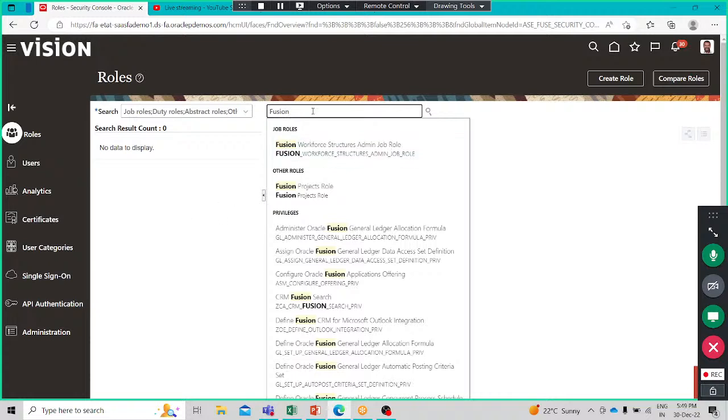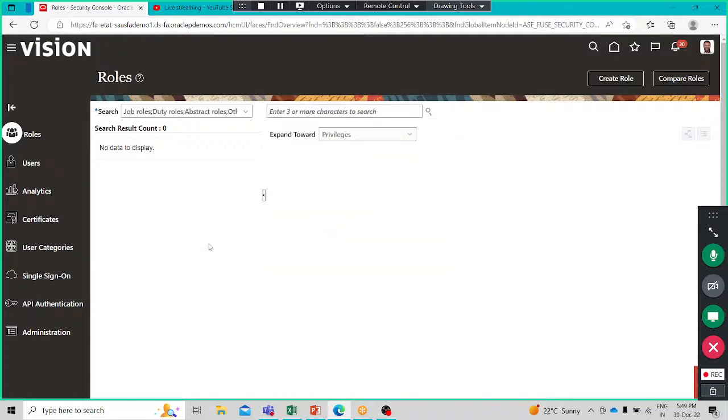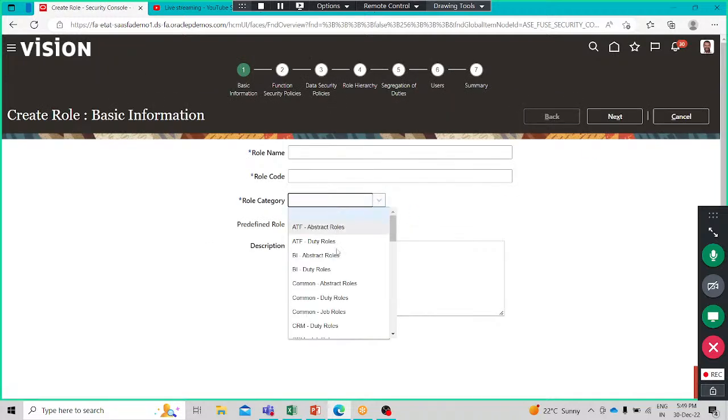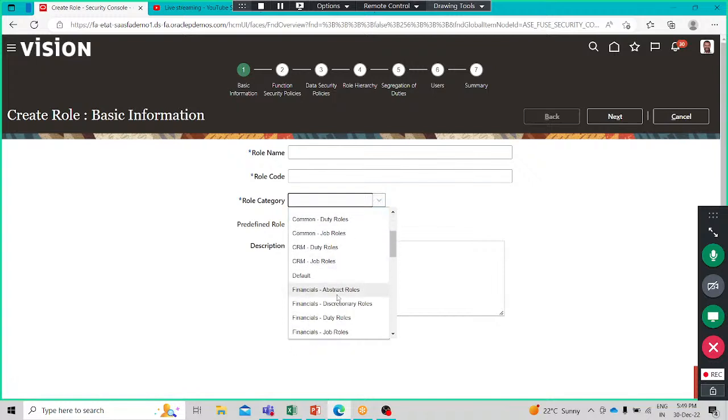Same as if you want to create other roles, you just have to click on the create role option, and under the role category you can select your role type. If you want to create the abstract role, you select the abstract role here. If you want to create the duty roles, you can select the duty roles here. And if you want to create the job role, just like we created here for the HCM, you can select the HCM job role. For the HCM, select the HCM human capital management,